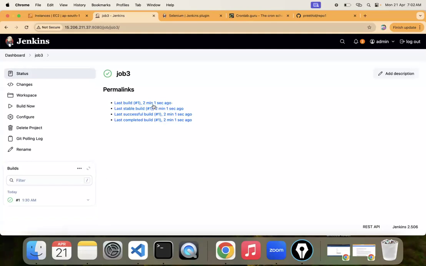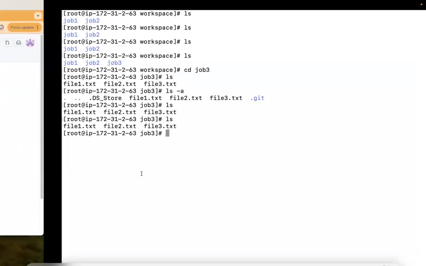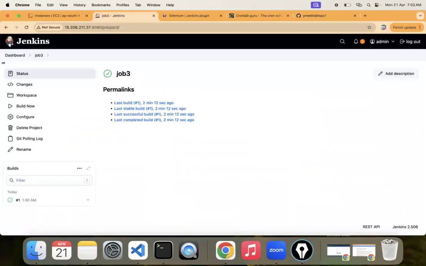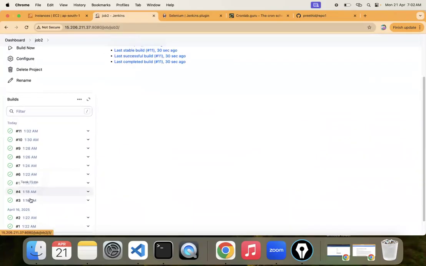You can see every 2 minutes. Every 2 minutes, you don't see anything here. The job is not executed because there is no update on remote, which is not there in local here. Clear now? Whereas the other one, job 2, see here, irrespective of anything, 118, 120, 122, 124, 126, 128,